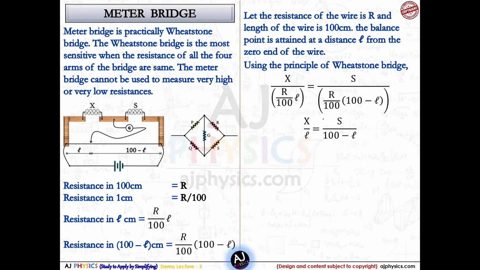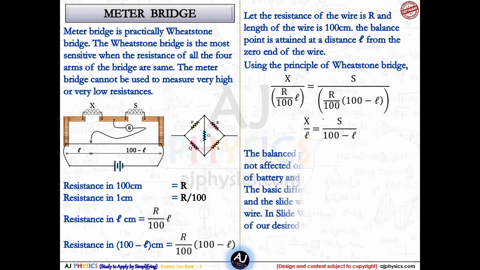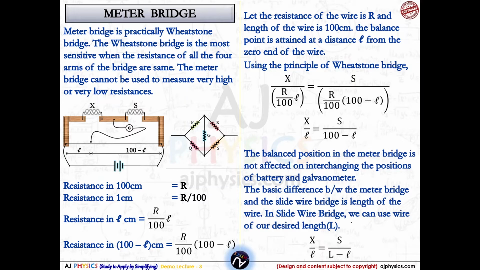And now there is the basic difference between a slide wire bridge and a meter bridge. In the case of slide wire bridge, we can change the length of the wire according to our convenience. We can keep any length of wire. In the meter bridge, it is 100 centimeter. But in the slide wire bridge, it could be any length, 150 centimeter, 2 meters, 4 meters, 5 meters, whatever is required. So the basic difference is only that instead of this 100, we have this L here. Now just keep these basics in mind before I discuss the potentiometer, because this will help further in the potentiometer circuits.